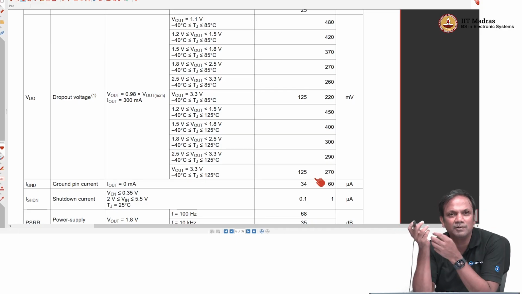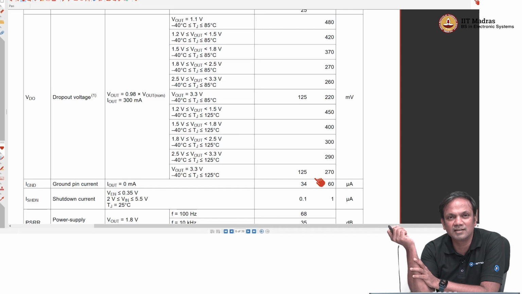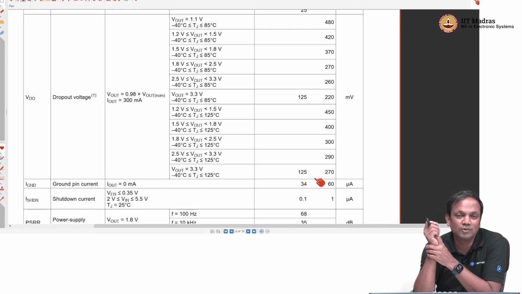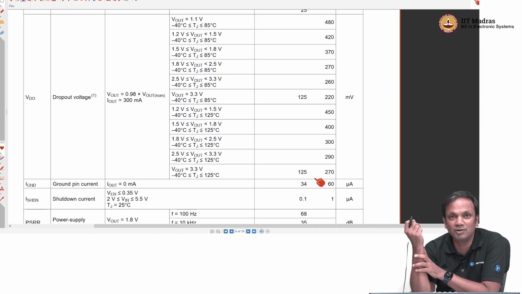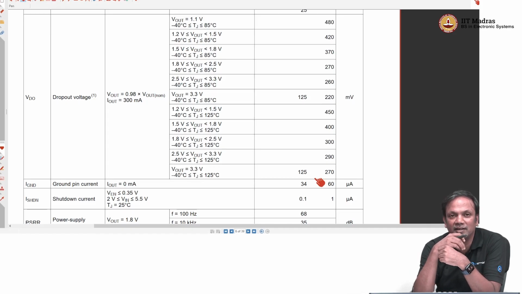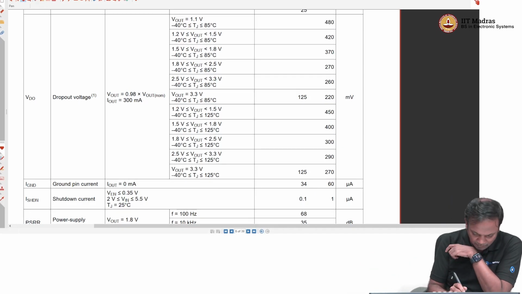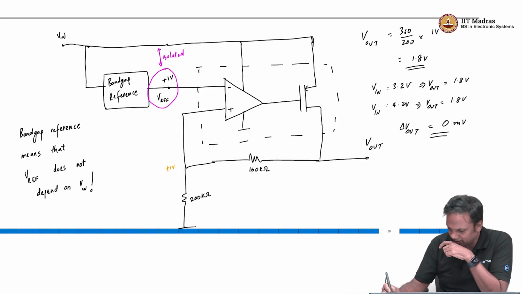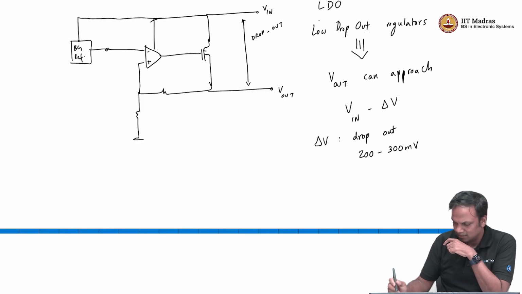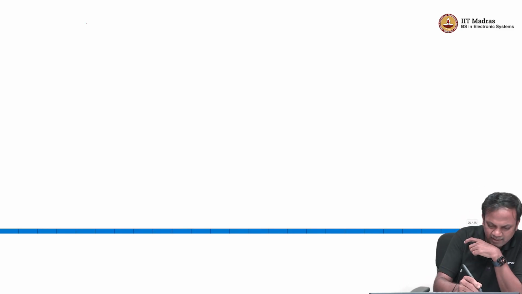So, if for example, your battery minimum is 2.7 volt and you are looking to generate a 2.5 volt supply, then you have to keep in mind that if my dropout voltage is 300 millivolt, once the input supply goes below 2.8, at that point, or maybe we will, let us just make sure we understand dropout properly. So, let us say dropout